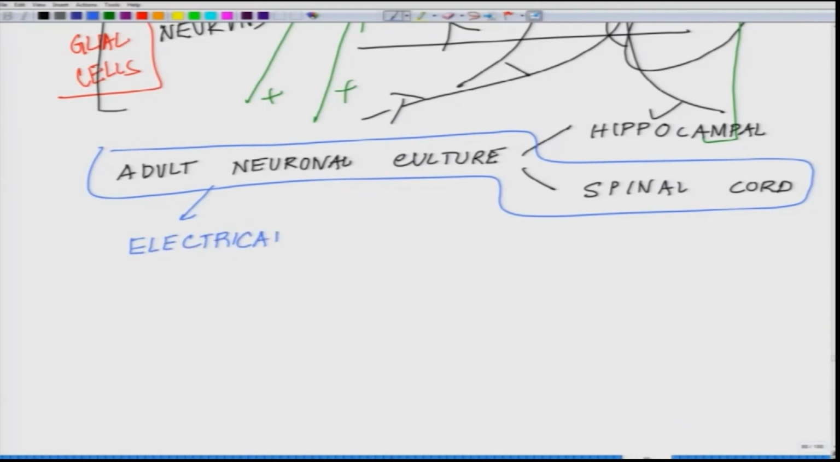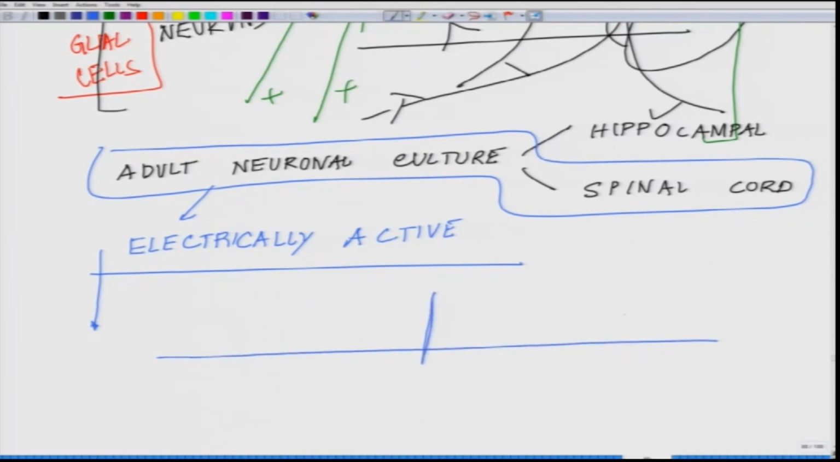Means the cells exhibit electrical activity. How to achieve it? One of the ways, at least what we have documented, and this paper will be there for you to read through, we allowed the culture